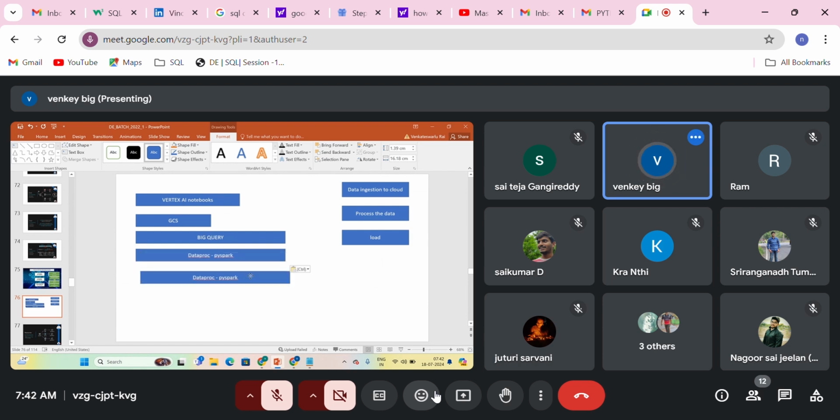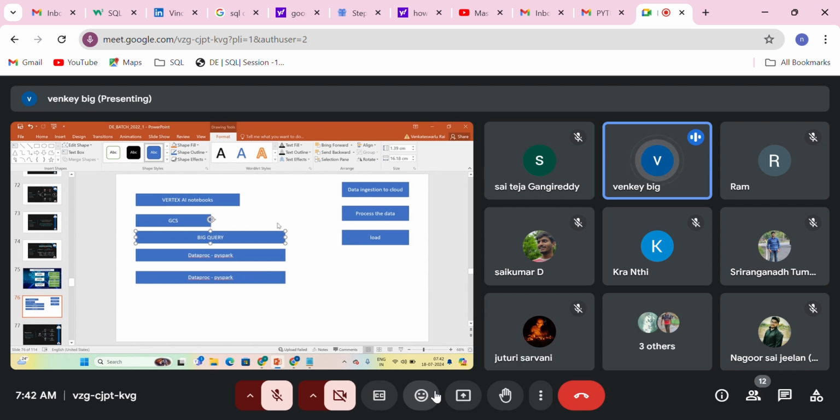After this, we need some supporting services to work in Google Cloud Platform. So what are those supporting services? Once you have developed a processing job, a loading job, and an ingestion job, how will you connect these jobs and create the dependency? Let us say one job completed, then only another job should trigger. So you need to build a data pipeline by connecting all these different jobs, right?